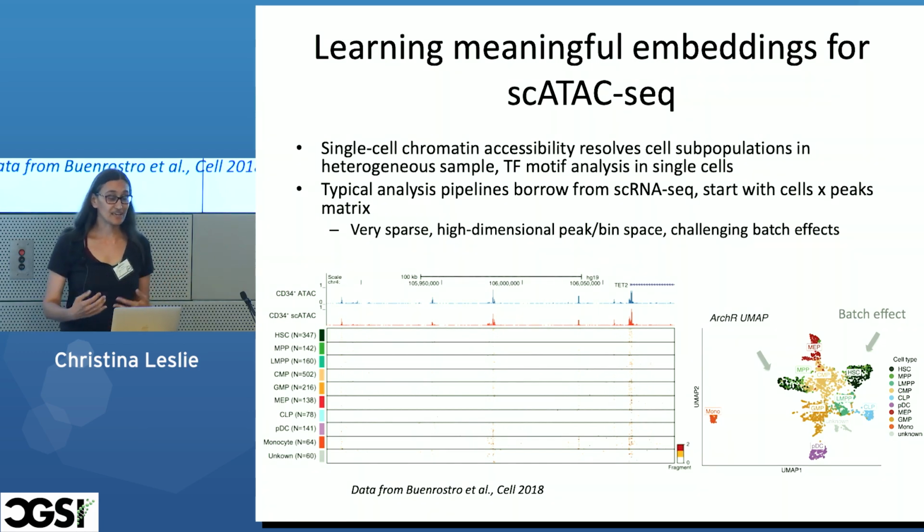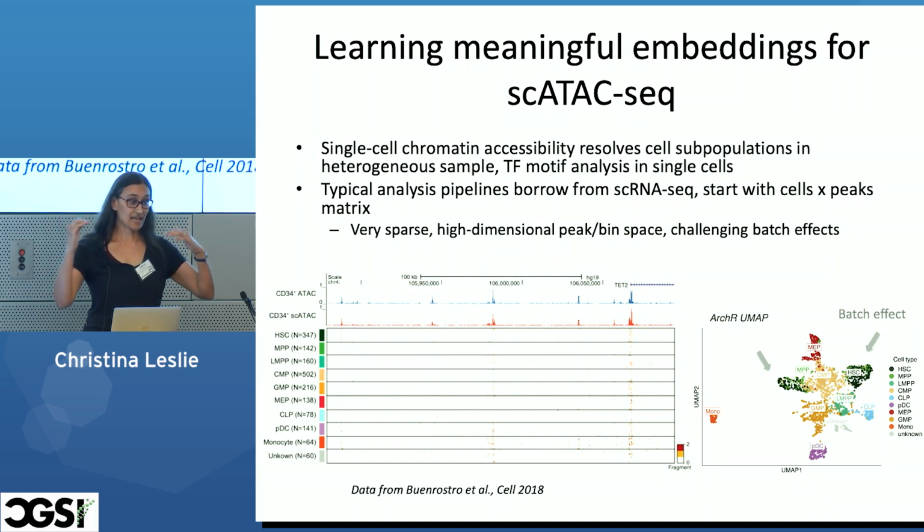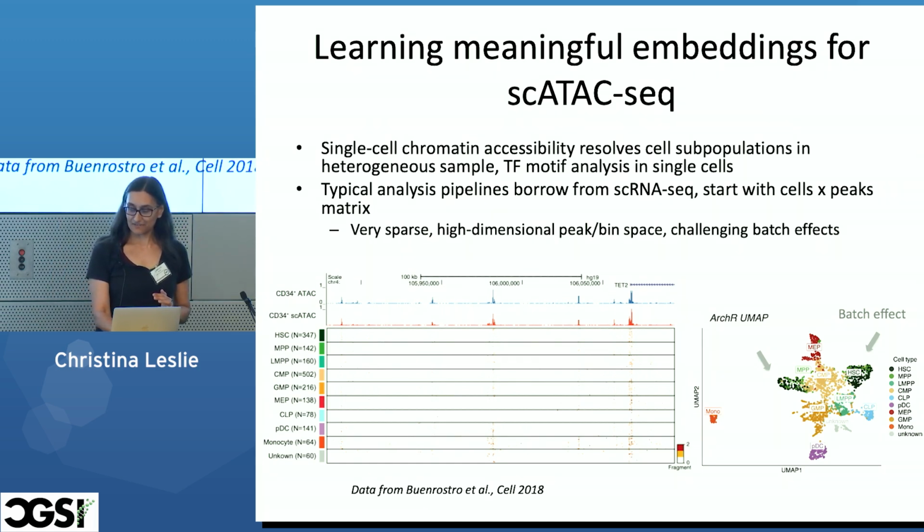It's bone marrow data. If you pseudobulk it, this bone marrow data looks like bulk ATAC, but you can see the events in individual cells. And it is very sparse, right? The dynamic range is 0, 1, or 2, because in a diploid genome you have 2 chances of seeing the event. And if you do a standard kind of analysis,